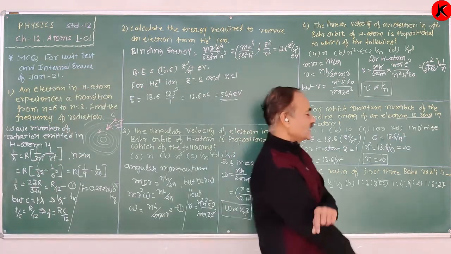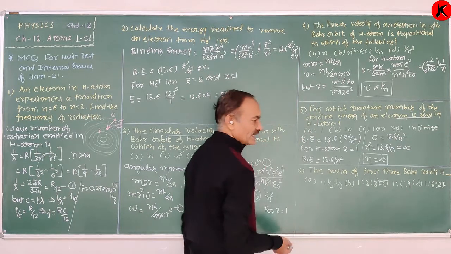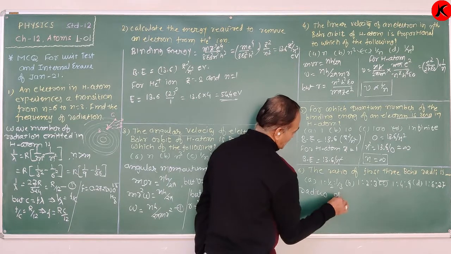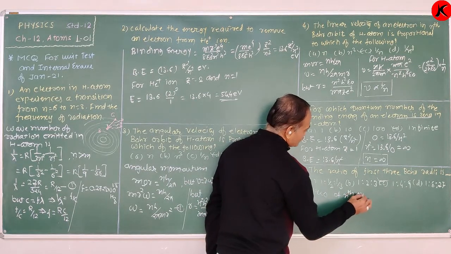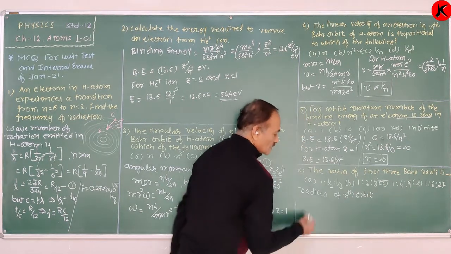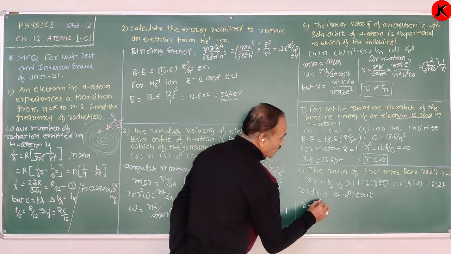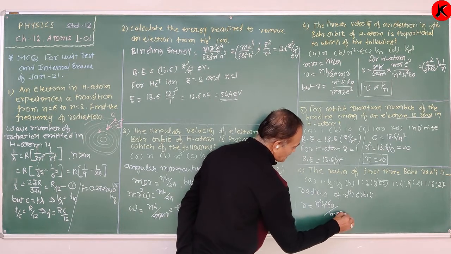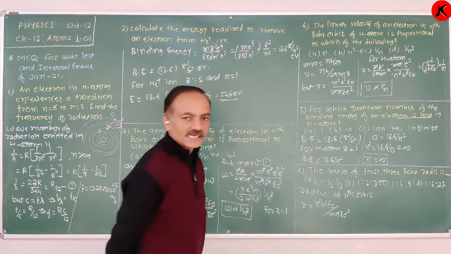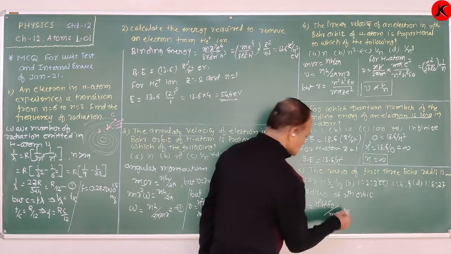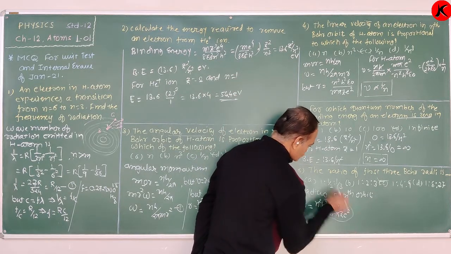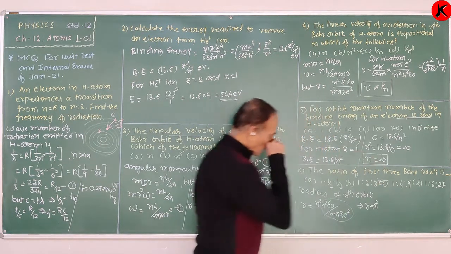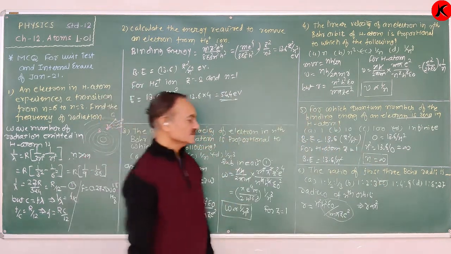For the radius, the equation of the radius of the nth orbit is r equal to n square h square epsilon 0 upon m pi z square. This portion is constant. Therefore, r is proportional to n square. Therefore, the ratio